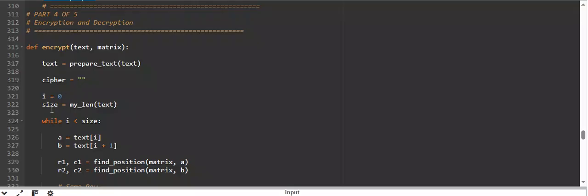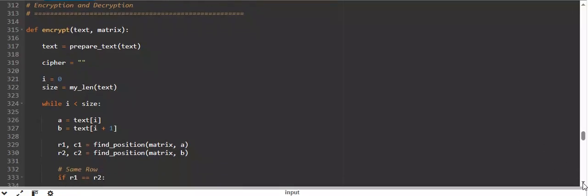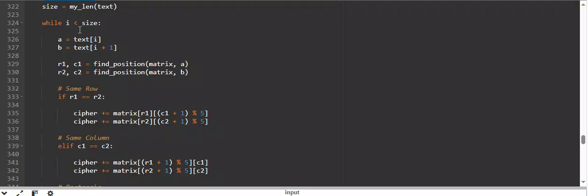So here is the size of my text, and we need to put it in a condition while I is less than size, a will be the text and b will be the increased text. Here row and column will find the position in our matrix, and row 2 and column 2 find the position also. So if the row 1 and row 2 values are in the same row of a matrix, it will get the cipher value